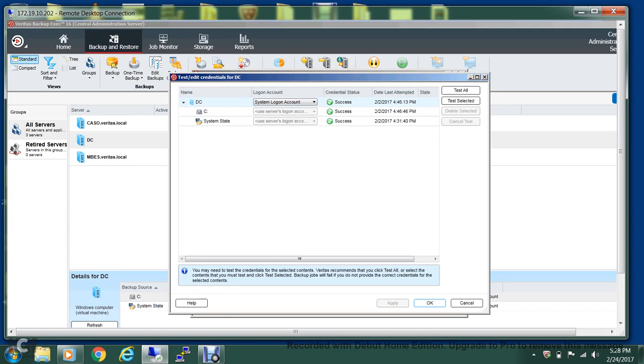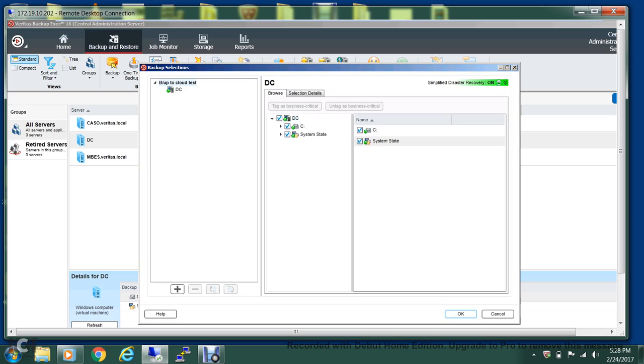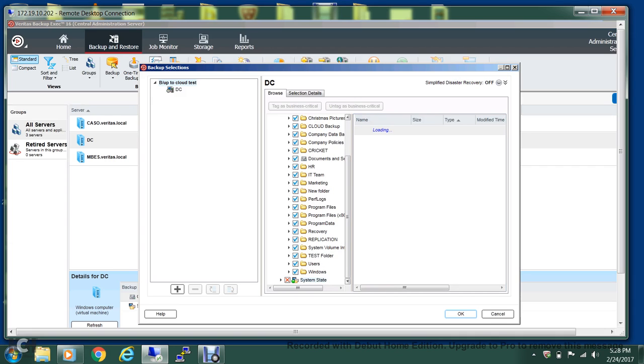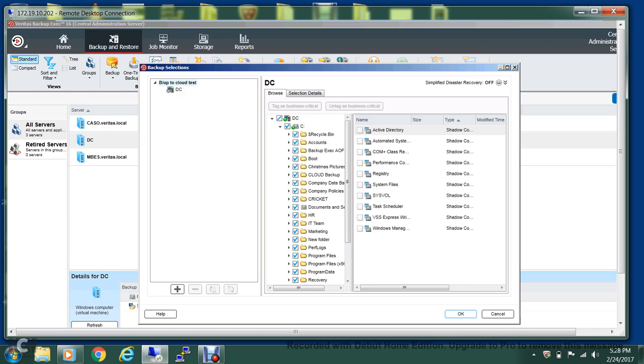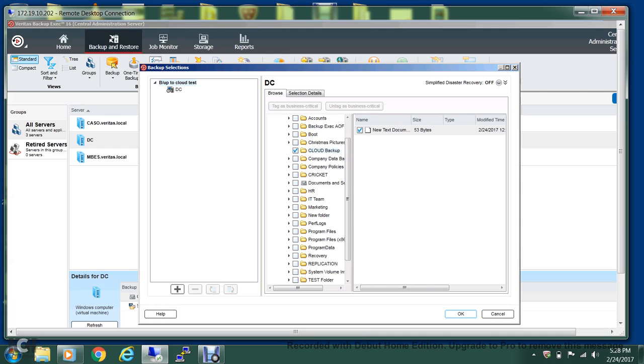Let's check the credentials. So this is all selected, so that's good. Let me select OK and select edit. So for this demo, what I'll do is select only the specific thing that I want to back up. So let me expand the C drive. I'm not going to back up any system state. And what I want to back up is the folder with the name cloud backup, and I also have a text document in that. You select OK,